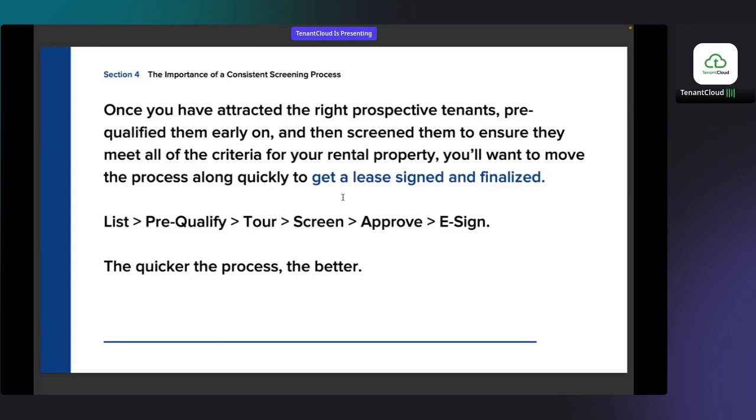And then approve and then e-sign. The quicker the process, the better. Again, there's a lot of scenarios that have played out over the years where, in my experience, if you take your time and you do